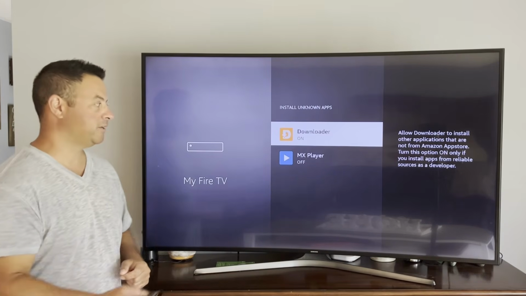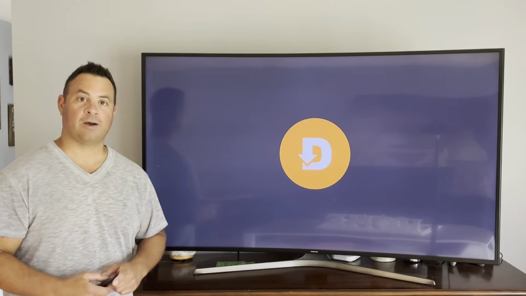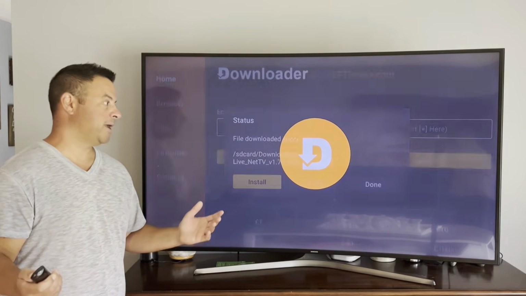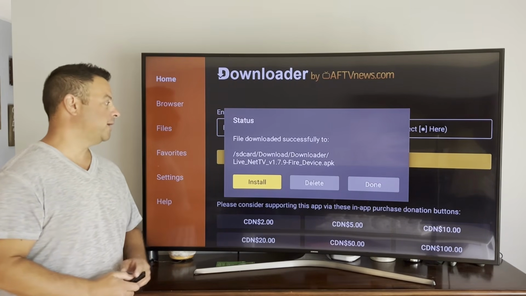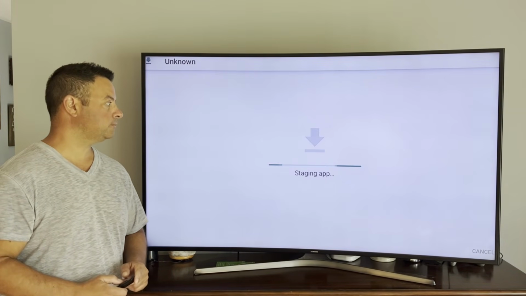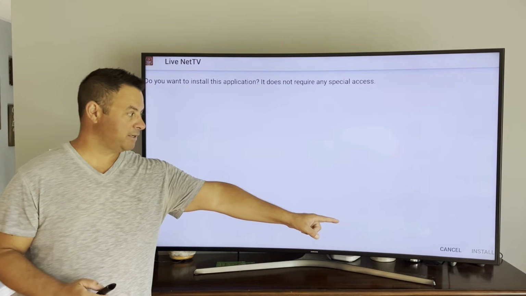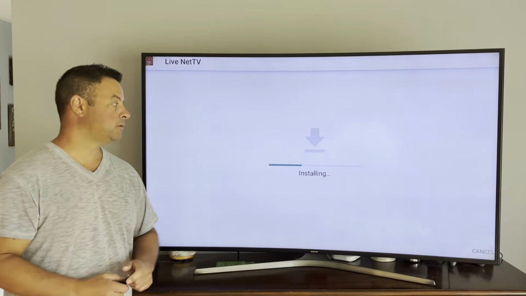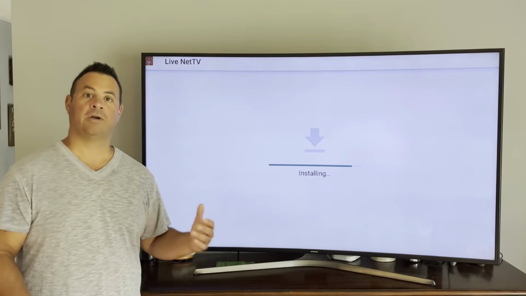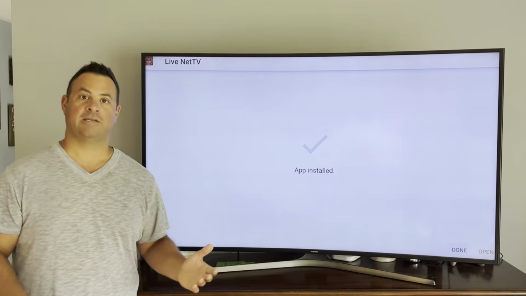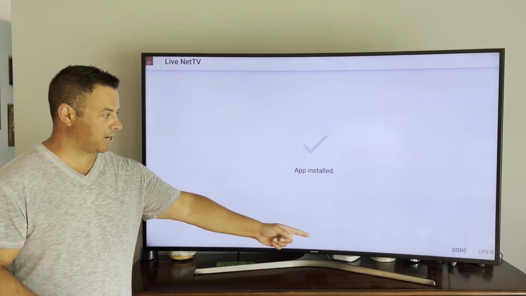This is where the trick comes in. We back out once, back out twice. This will reopen downloader back to the web page to continue the installation process. So we'll hit install. Down in the far right side, highlight install, and it's installing. We no longer have to go back to downloader to enable it to install apps from unknown sources. And then here we can highlight done,